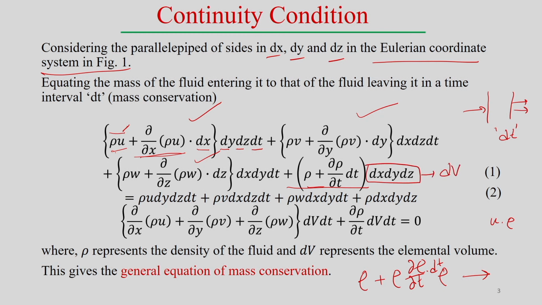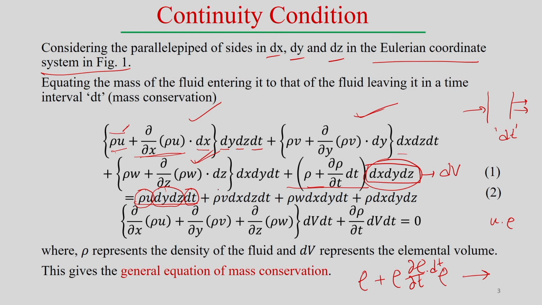So, we are looking at the entering of the velocity over the surfaces, that means over the faces, and this part we consider over the volume. This is the change within this control volume after the time dt. That is the exit part. So, what is the entering inlet part? That was rho u into dy into dz into dt, which is the velocity entering the control volume.